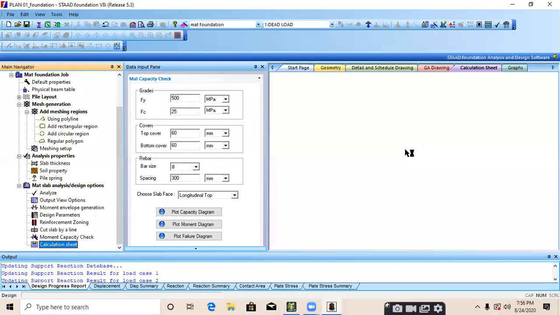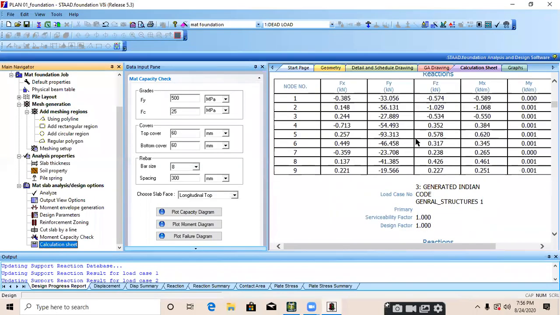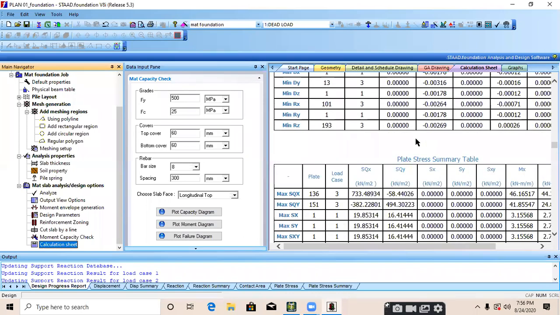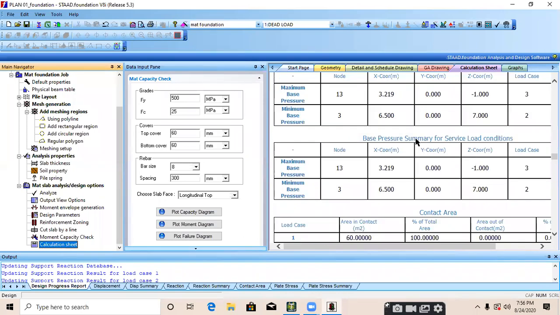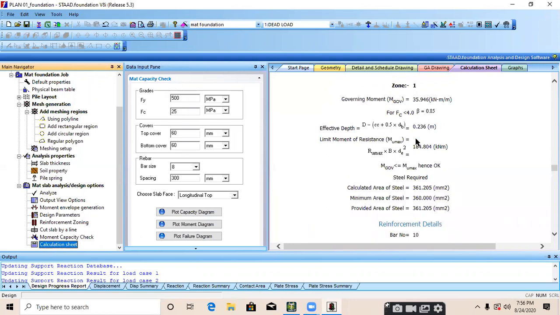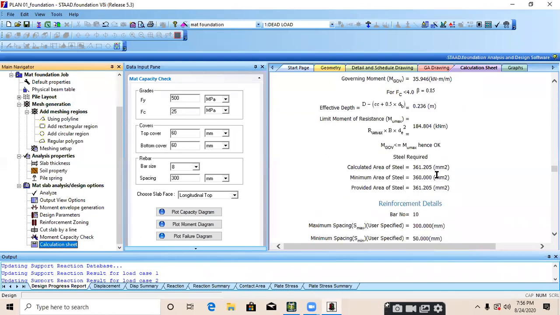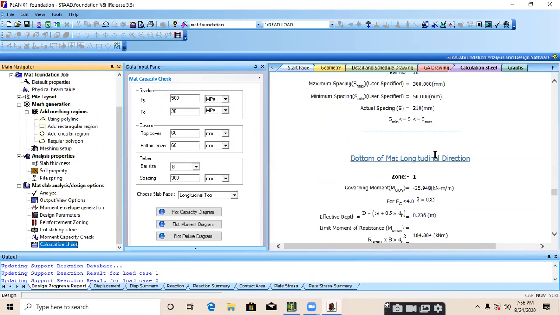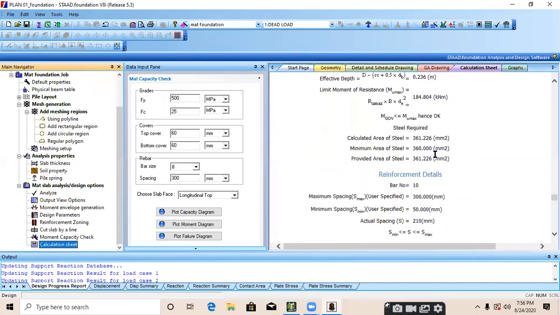Calculation sheet. When you click on the calculation sheet, it all is the calculation sheet. You can just read it. There is all the input data taken by the software, all the formulas, all the output data, all are there. All the criteria taken by the software to provide you the output data.